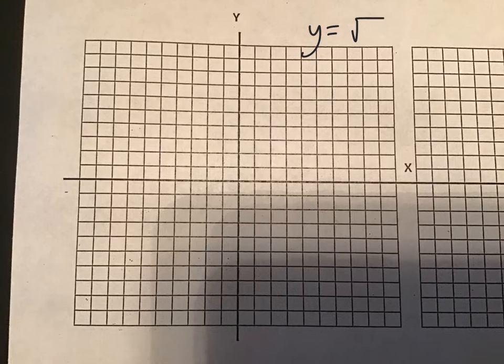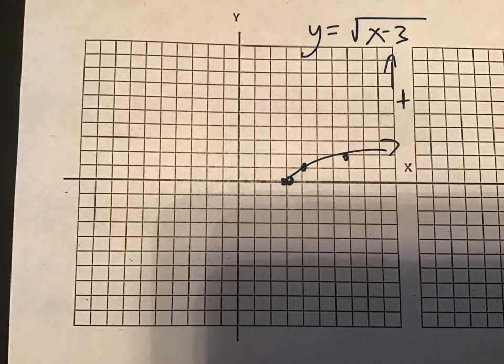Let's say I had y equals square root of x minus 3. That's clearly underneath the radical, right? Well, what that does is that's going to shift us 3 units, but it's going to shift it opposite the sign. So the sign is negative, so we're going to shift to the right, the opposite of that. So we're going to be right here at 3, the positive 3. And then we follow our pattern, up 1 over 1 and up 2 over 4. And there